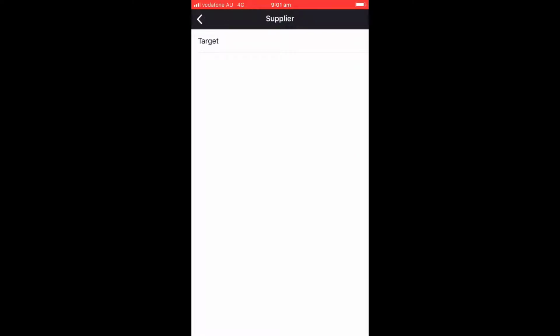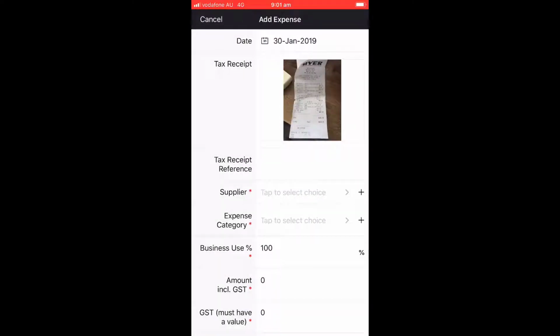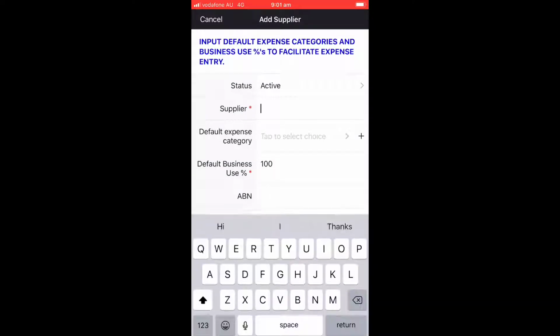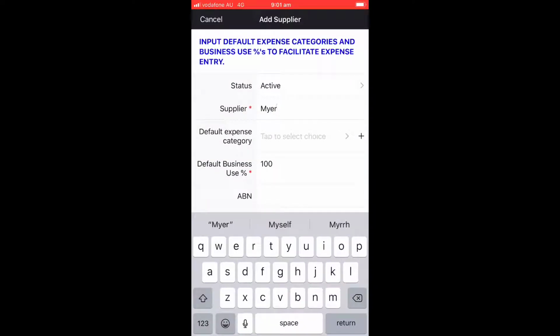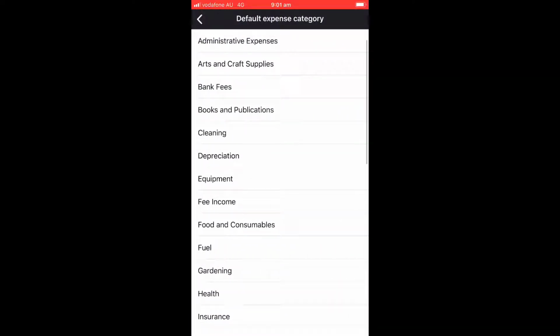What you'll notice is that there's no supplier in here. When you start to use the app more, those actual suppliers will be there on a more regular basis. So I'm just going to add it quickly, and I'm going to go and type in Maya, and what my default category is in this case,